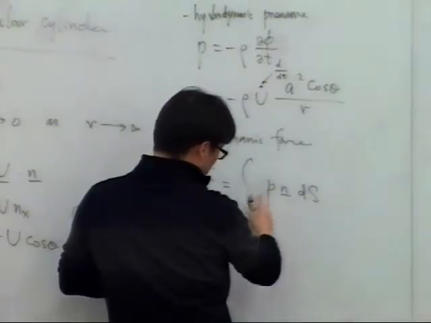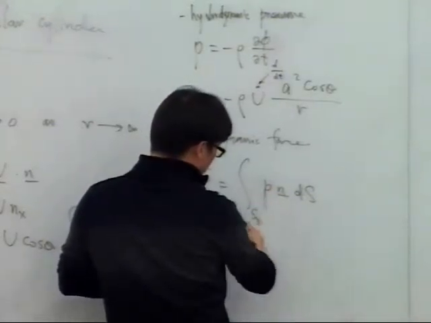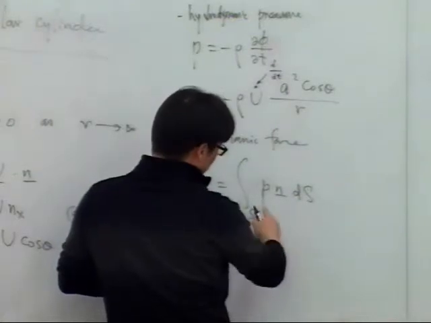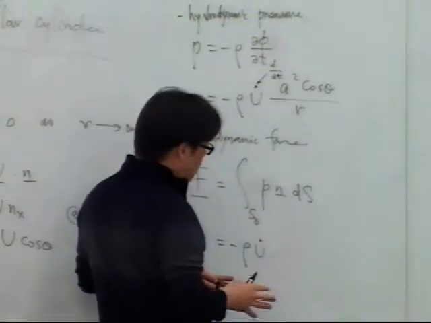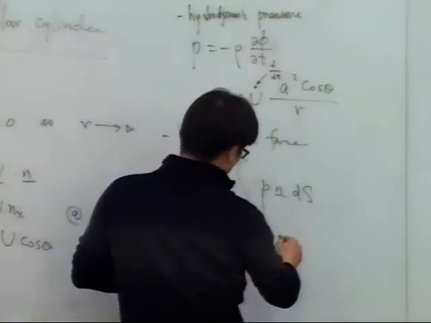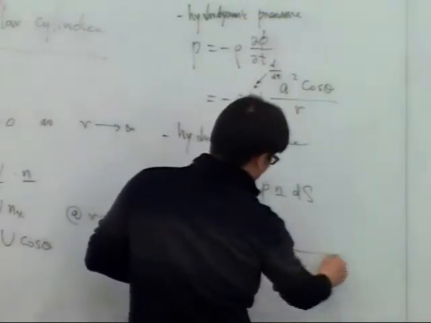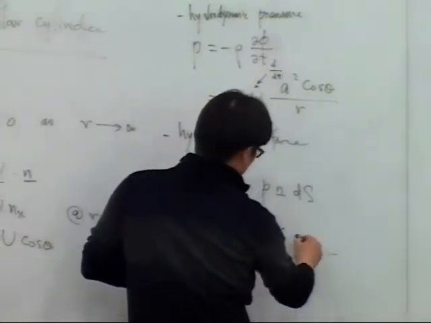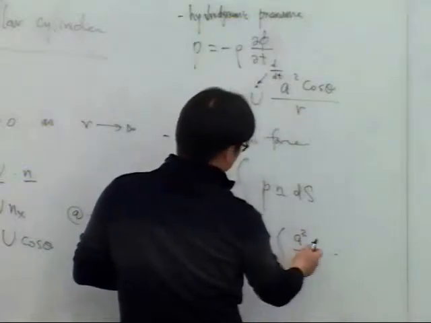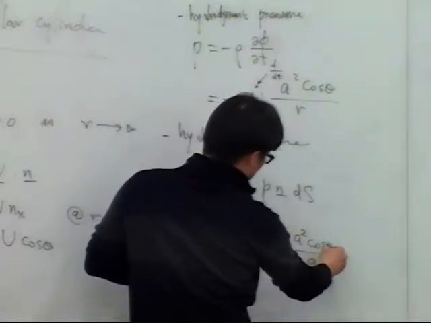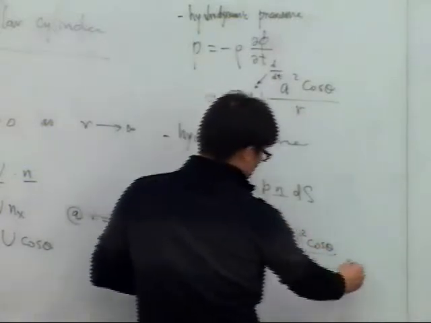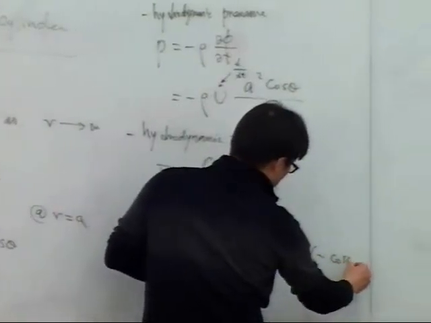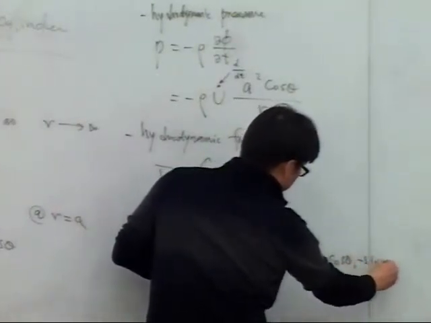We are integrating pressure over the body surface, so we have to evaluate pressure on the body surface, and therefore we have a in the denominator, and then a squared cosine theta, and the normal vector can be minus cosine theta and minus sine theta,